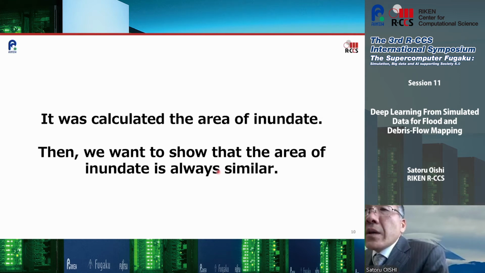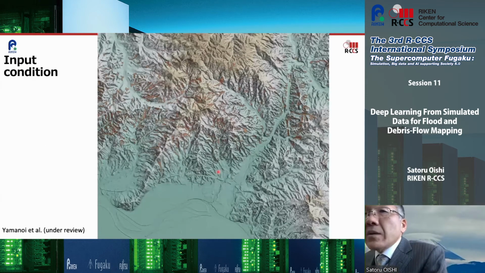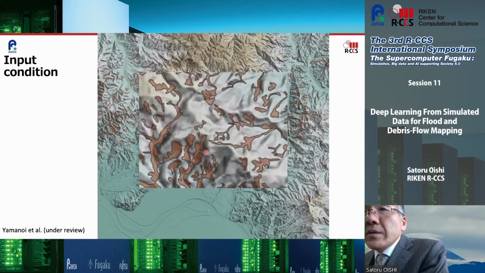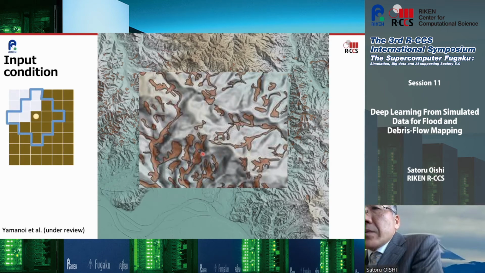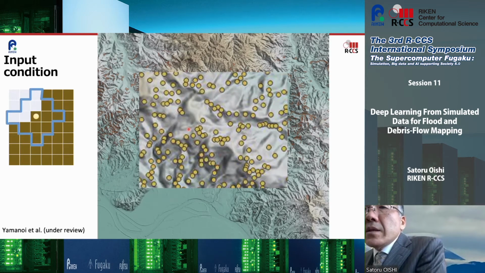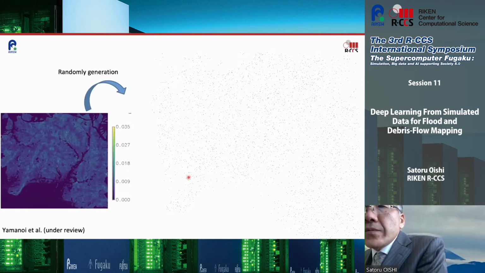We calculated the area of inundation. Then we want to show whether the area of inundation is always similar by calculating an ensemble simulation of hydrology. Basically, for calculating the sediment transport from the mountain to the alluvial fan, we have to set the starting point of the sediment, which is the slope failure in the natural sense. So we set that starting point by using data observed by experts. However, once we change that starting point like this figure,